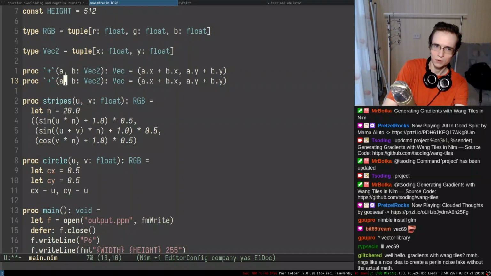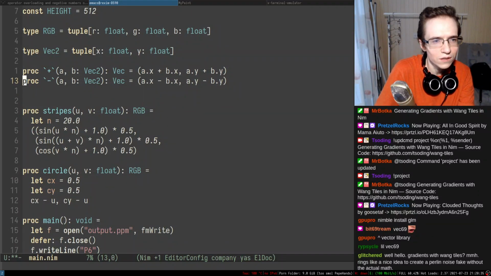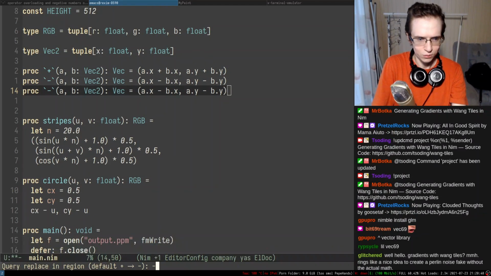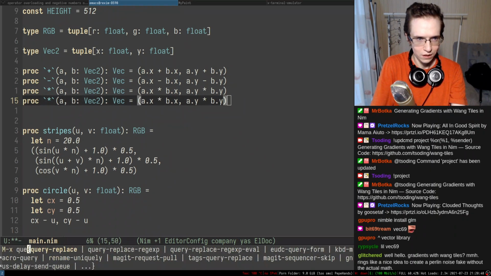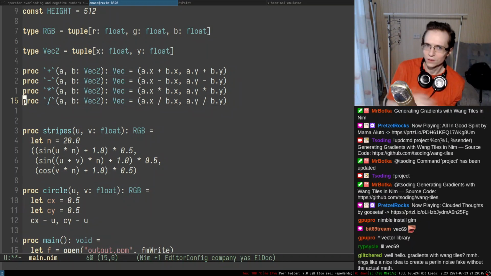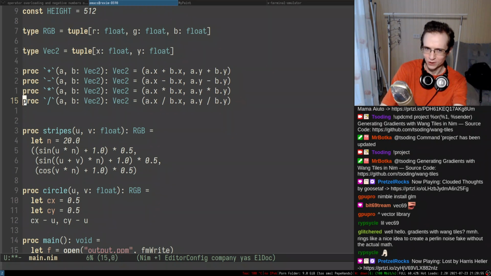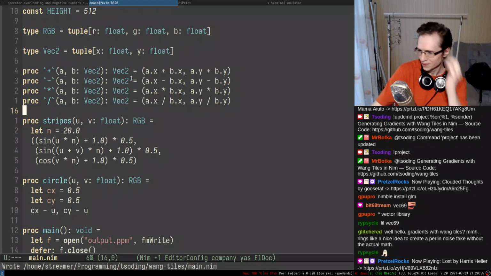So you can have different operations in here. Query replace plus with minus. Is it really minus? Minus looks kind of sus. Yeah, it's actually minus. Then query replace minus with this thing, and then you can do something like query replace this with that thing, and we already have a linear algebra thingy. It wasn't that hard. I'm not sure if this entire thing compiles, by the way, so we'll have to also test how it compiles.